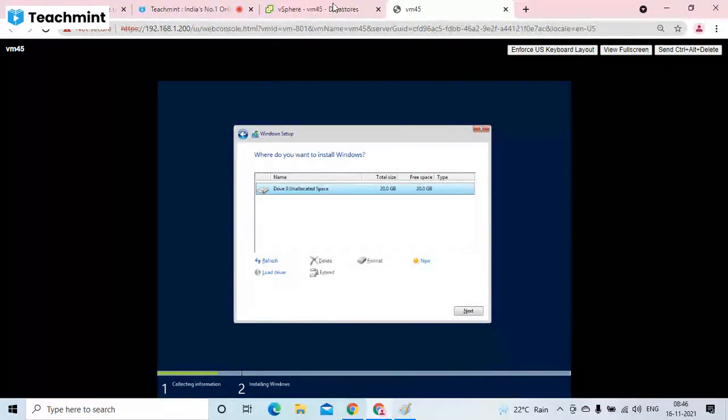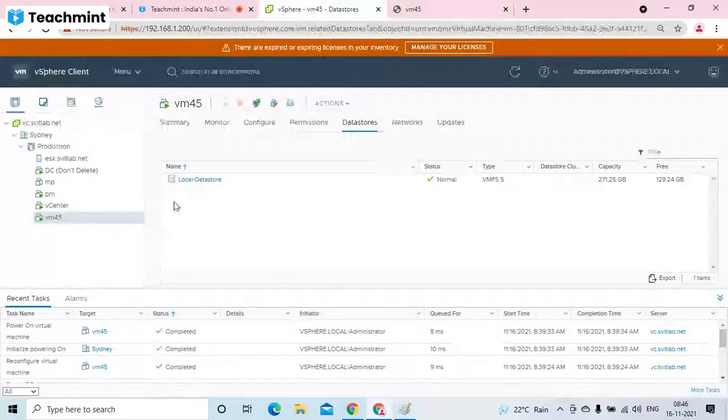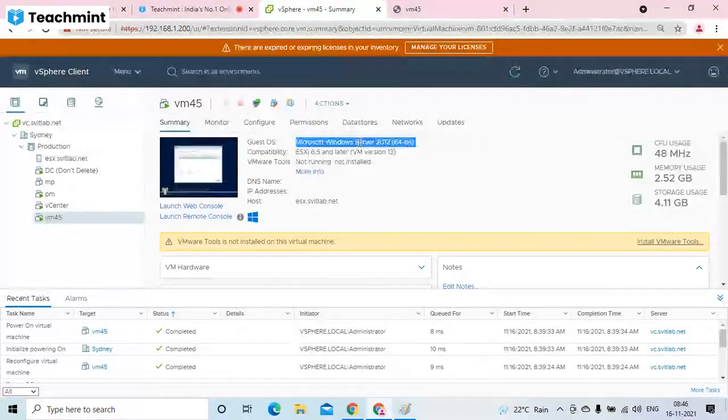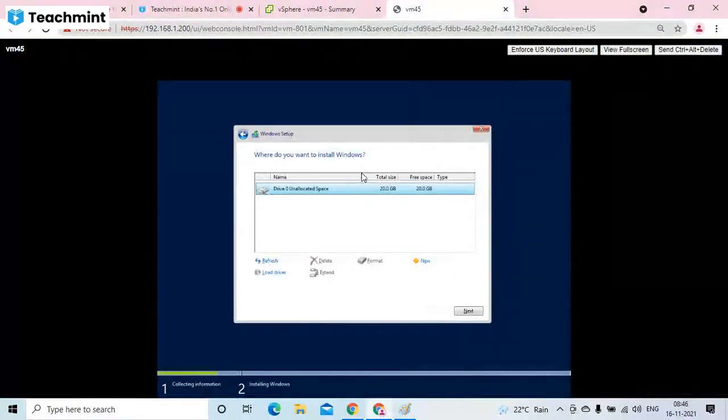If you are trying to install the same copy of operating system while we are creating a VM, we have selected Windows Server 2012. If you attach the same ISO and if you are installing here, there will be no problem and you will be continued to install further. If you are trying to install a different operating system, here you will get problem. Your hard disk will not be shown. Even though the virtual machine has a hard disk connected, that hard disk will not be visible at this page. You can't proceed further.